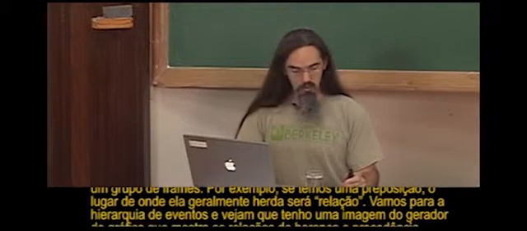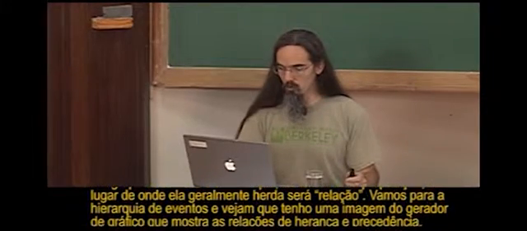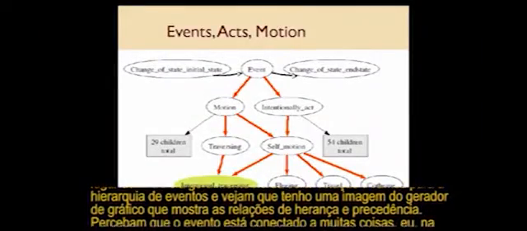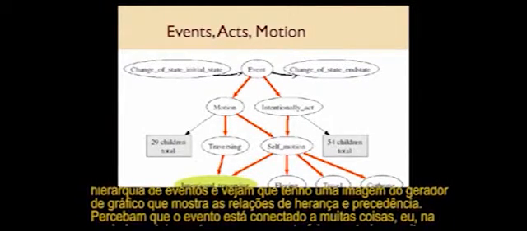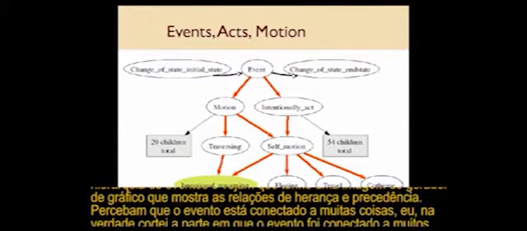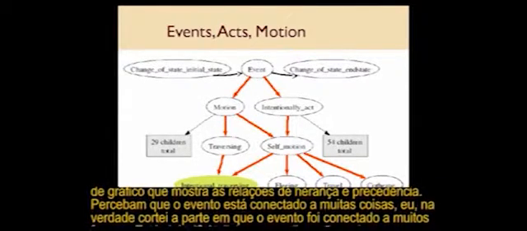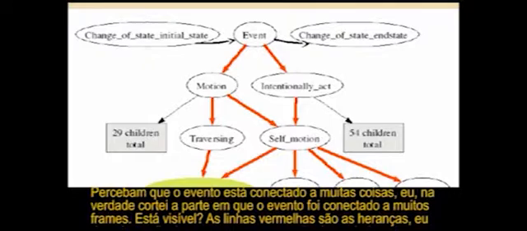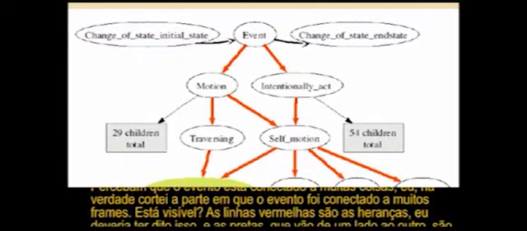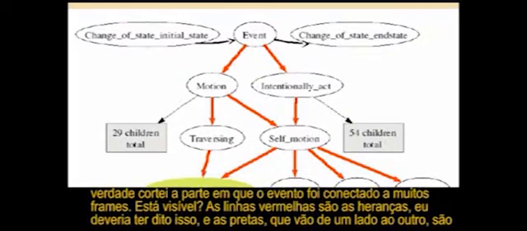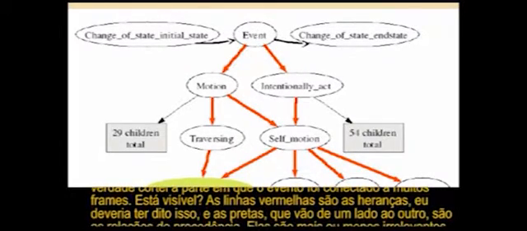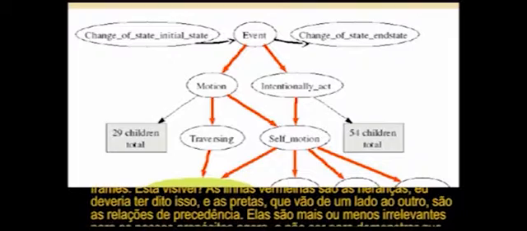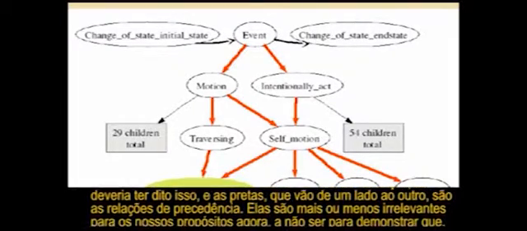Okay? So let's move on to the event hierarchy. Here you can see that I have a picture from the frame grapher just with the inheritance and precedes relation. Here you can see that event is connected up with a bunch of things. I actually cut off the part where event was connected to a lot of frames. Is this, by the way, readable? The red lines are inheritance. I should have said that. The black lines that go side to side are precedes relation and are more or less irrelevant for our purposes